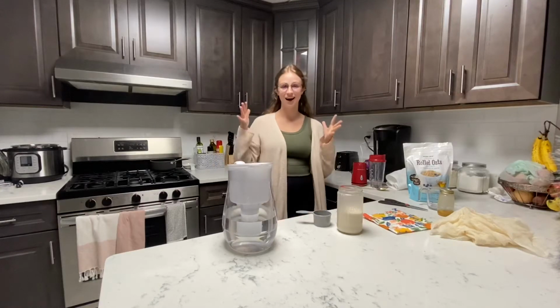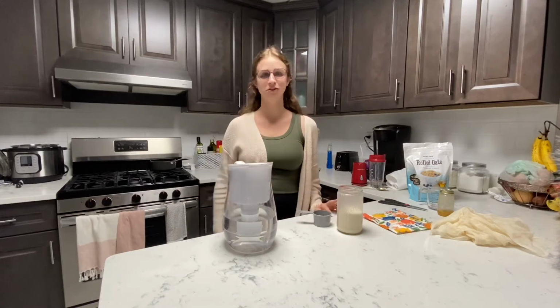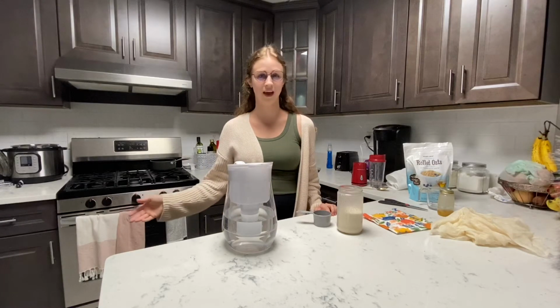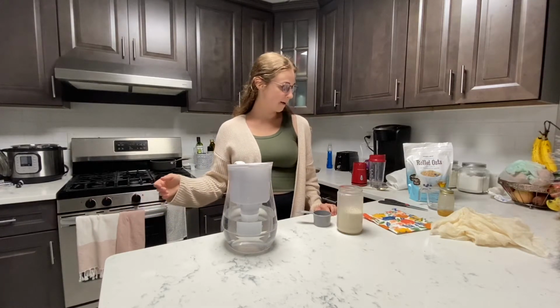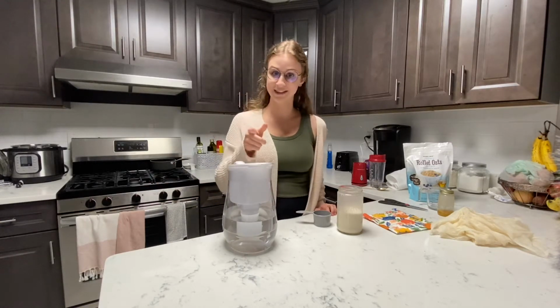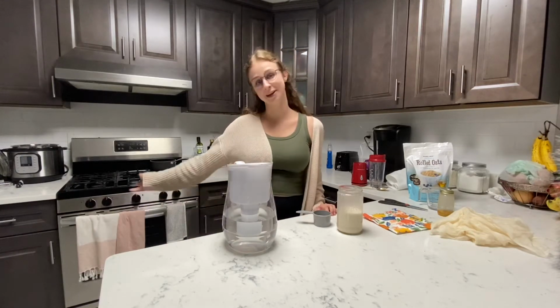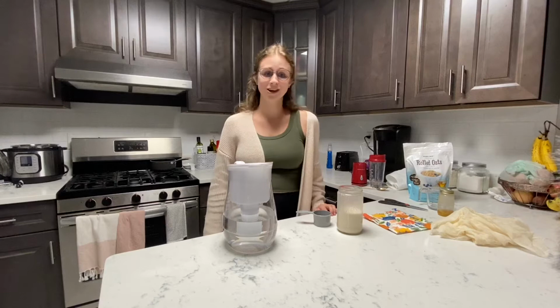Hey guys, so I have been making my own oat milk lately. There's a bunch of different recipes online, but I kind of just did my own thing with it and made it a little sweeter, and I definitely made a lot of mistakes along the way. I'm no pro, but I just wanted to share it in case anyone else wanted to try making oat milk,